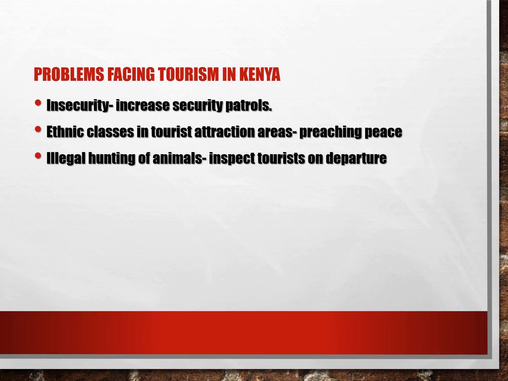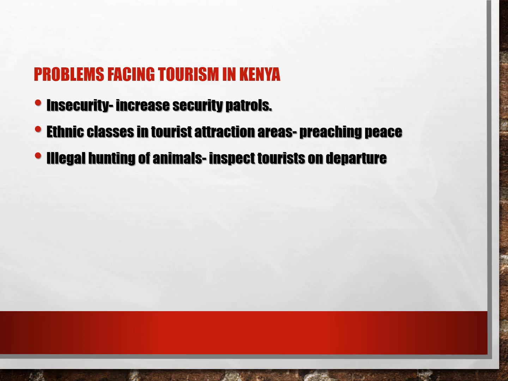Illegal hunting and poaching of animals is another problem. Now, if all our big five animals, the rhino, the elephant, these are high risk animals, they are at risk of elimination because of illegal hunting and poaching. If we do not have these big five in future, then our tourism sector will be in serious jeopardy.